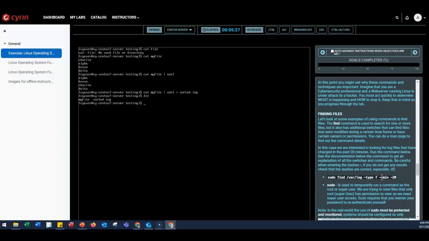Now if we scroll on down, we are going to find some files, all right? They tell us exactly the command to type in, and so we're going to do a sudo find /var/log -type